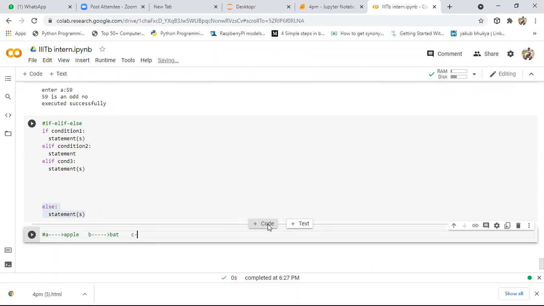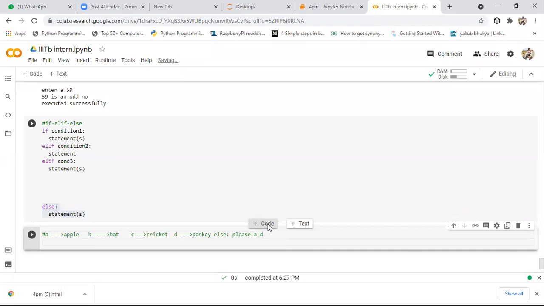If you give character C as an input, you need to get cricket. If you give character D as an input, you need to get donkey. Else, if you don't enter a character in the range of A to D, it needs to give the output: please choose a character in the range of A to D.